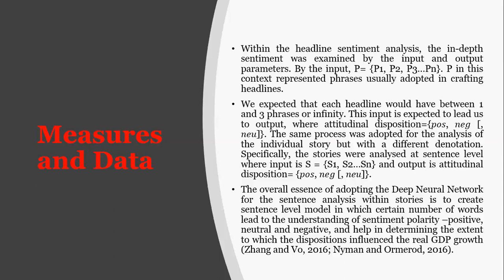So the overall essence of adopting the deep neural network for the evidence analysis within the story is to create an evidence-level model. So when we are saying input and output, we are moving towards creating a model. And model means that we have independent and dependent variables, and we want to know how the independent variable affects the dependent variable. So by the time you look at that, we can say, hey, this is the actual behavior in this context. So we wanted to know how the sentence-level model, in which a certain number of words lead to understanding of sentiment polarity, like what I say, positive, negative, and neutral,